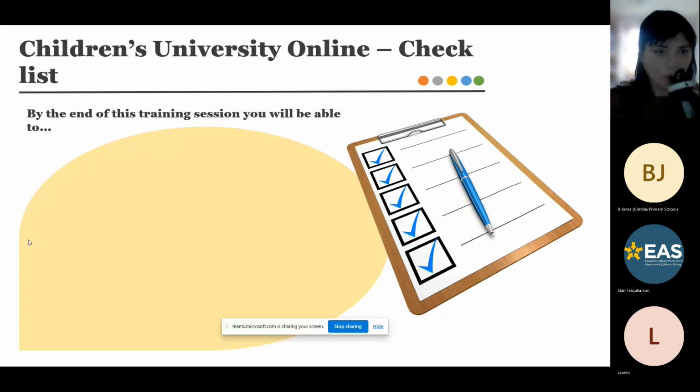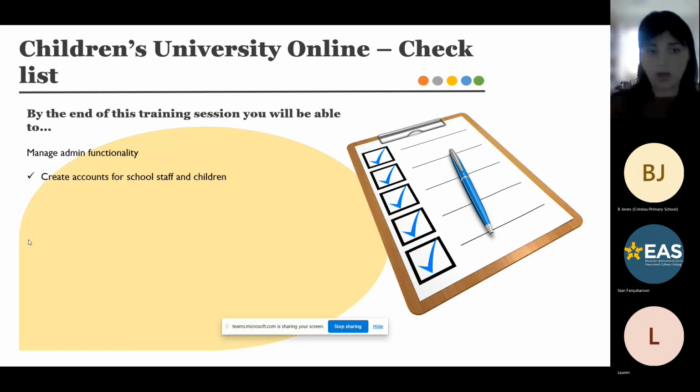Okay, so I'll be returning to this slide at certain points just to make sure you're with me and you feel comfortable with what we're doing. So in the practical part of this session, we're going to be creating accounts for colleagues